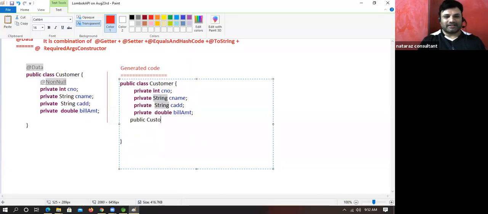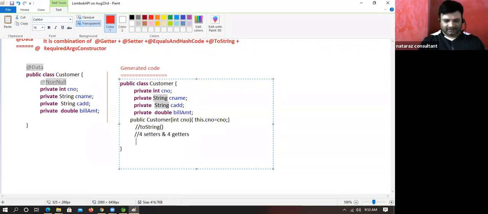Public Customer with cno, this.cno equals cno. A one-param constructor. Then it will give toString. Already we discussed, four setters and four getters.